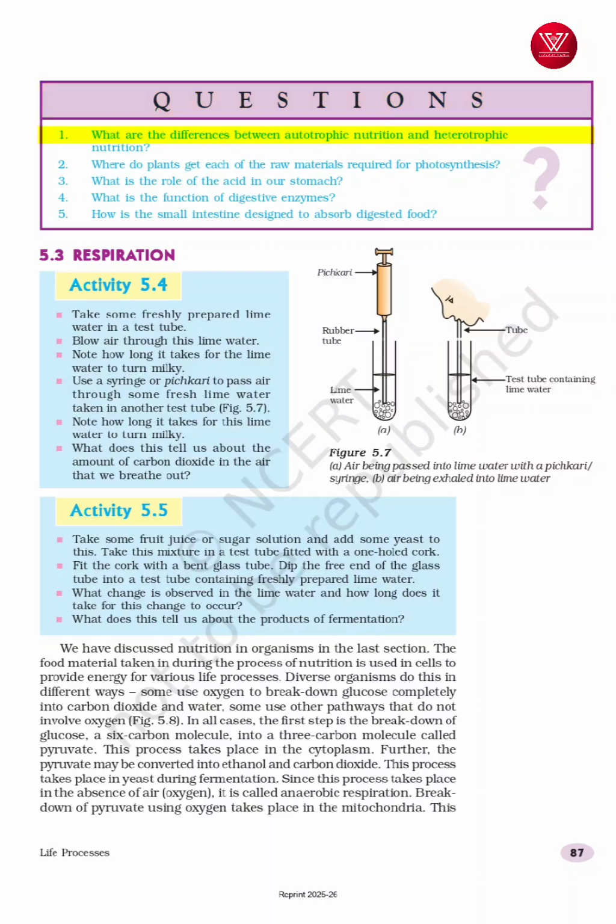Questions: First, what are the differences between autotrophic nutrition and heterotrophic nutrition? Second, where do plants get each of the raw materials required for photosynthesis? Third, what is the role of the acid in our stomach? Fourth, what is the function of digestive enzymes? Fifth, how is the small intestine designed to absorb digestive